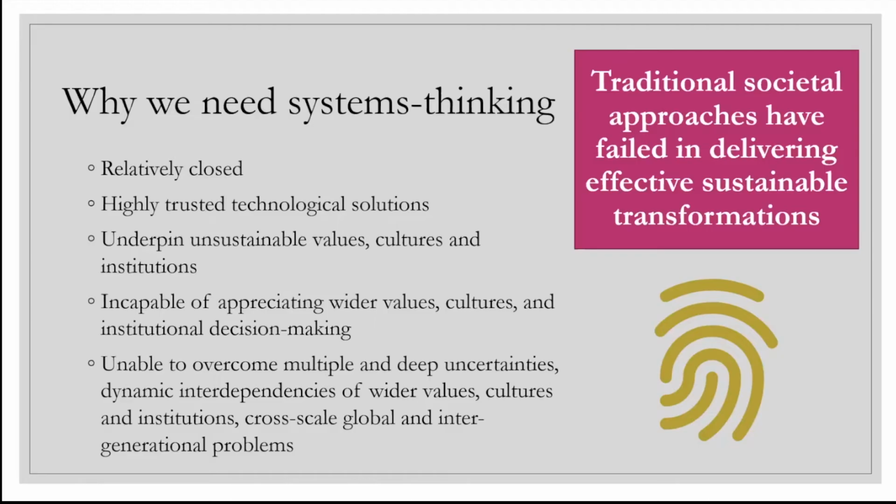So taking a broader sustainable development concept, it aligns with the 17 Sustainable Development Goals. This includes many important goals and targets such as zero hunger, zero poverty, reducing inequality, and providing clean water and air, making our consumption and production sustainable, and so on. So the traditional society systems, such as food system, transport system, housing system, educational system, etc., are relatively closed. I'm talking about the traditional ones.